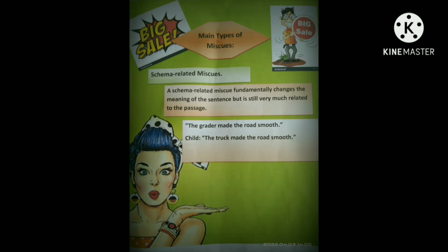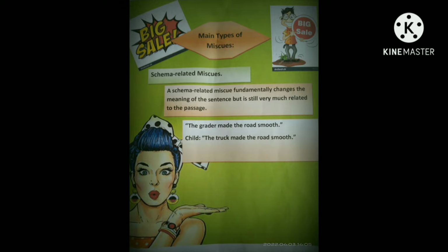Main types of miscues. Schema-related miscues. A schema-related miscue fundamentally changes the meaning of the sentence, but it is still very much related to the passage. This tells us that the student is engaged in a meaningful reading behavior, using his or her background knowledge. Example: